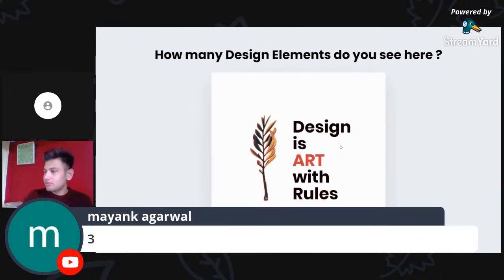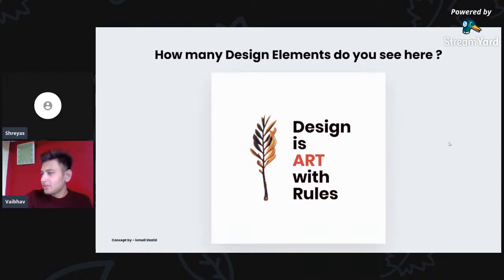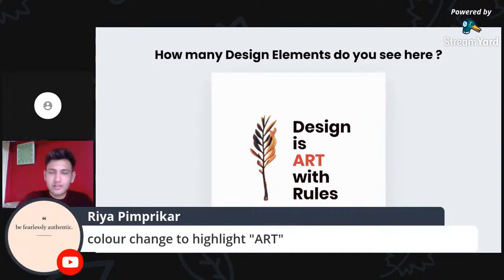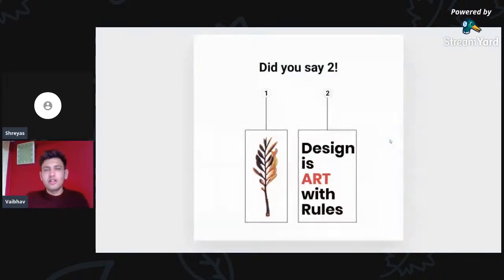Yes, 2, 3. There's a split opinion here. Anyone other guesses? Color change to highlight hardly. It's a very good observation. We'll get to that later. But right now, as you can see, there are